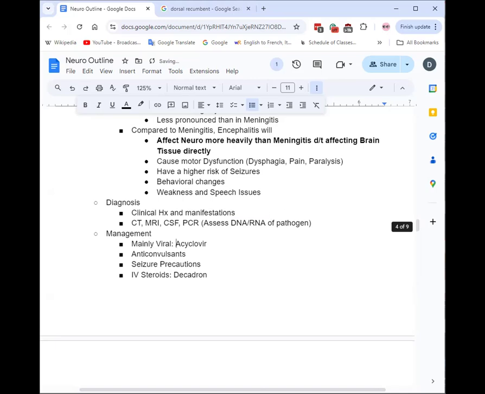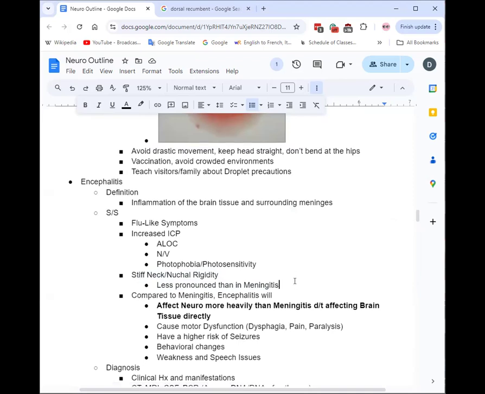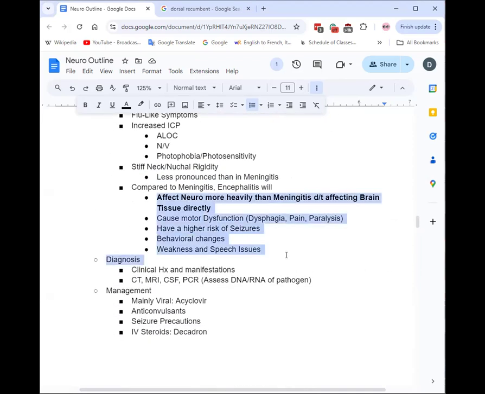And Anne is asking for the hallmark for meningitis. Got to be your nuchal rigidity, I imagine. And yeah, because there is a difference, otherwise maybe you can think about the cerebrospinal fluid changes and stuff, but definitely that one. Here, again, you can still have it, but it's not going to be as bad. And some of the other symptoms will be more telling, like they will be far more neurologically impacted.